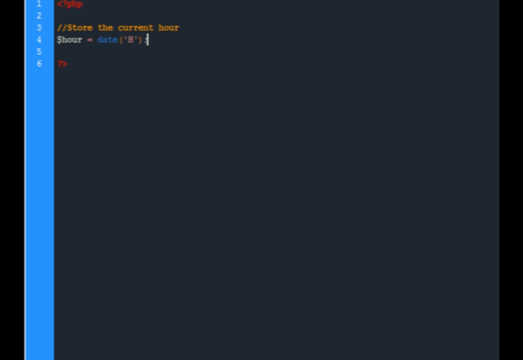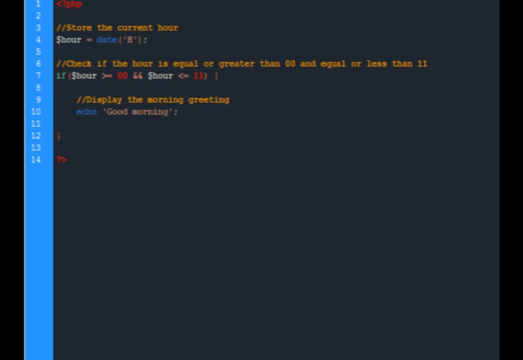So to do this, we're going to start with the if statement, and if is looking for a condition to be true, and that condition is that the time is between midnight, which is 00, to 11 o'clock in the afternoon, which will be 11. And if that statement is true, if will then execute a piece of code. If that statement is false, in other words the time doesn't fall between 00 and 11, then we're going to use the else statement, and that statement catches anything which if doesn't say is true, in other words any time outside that parameter. So here I've written out the if statement, and we'll go through this line by line,